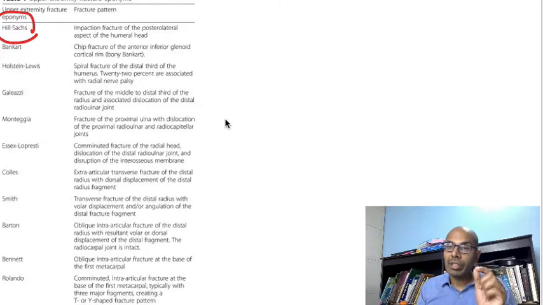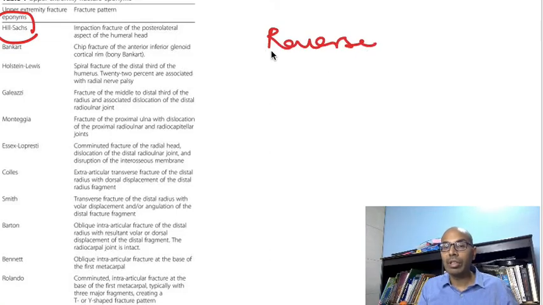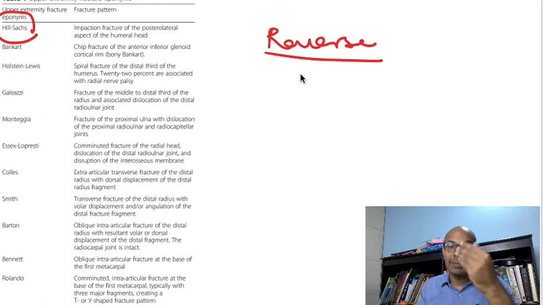If the same thing occurs in the posterior dislocation of the shoulder, the impaction occurs in the anterior-medial aspect of the humeral head, and this is called reverse Hill-Sachs lesion. So Hill-Sachs and reverse Hill-Sachs lesions, remember it. Hill-Sachs lesion occurs in the posterior medial part of the humeral head. Reverse Hill-Sachs lesion occurs in the anterior medial portion of the humeral head during posterior dislocation of